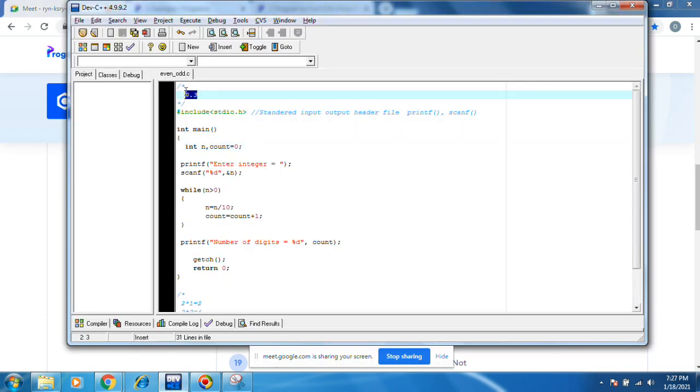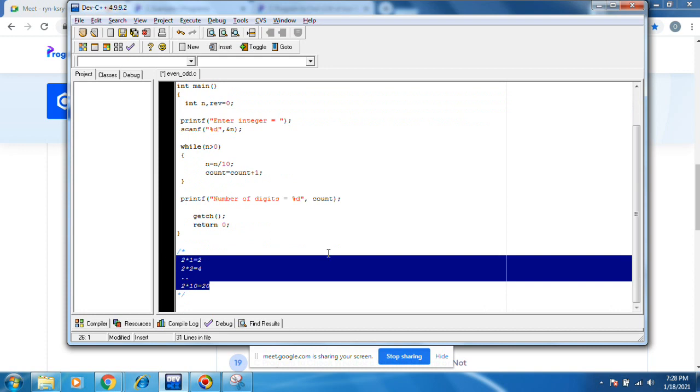Okay. Suppose number is 2 3 4 5 6. I want to print the reverse of this number. Instead of doing count, what we will do? Reverse. Reverse equals to, let it be. While doing reverse, what are the scenarios we need to do? Suppose 2 3 4 5 6 is there. Okay, let's do some analysis here.